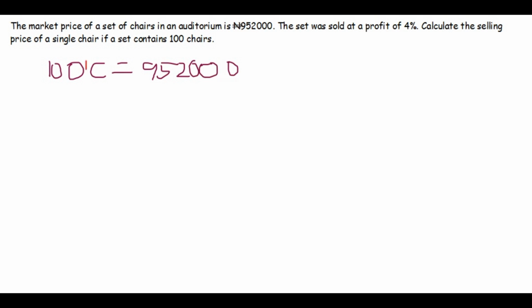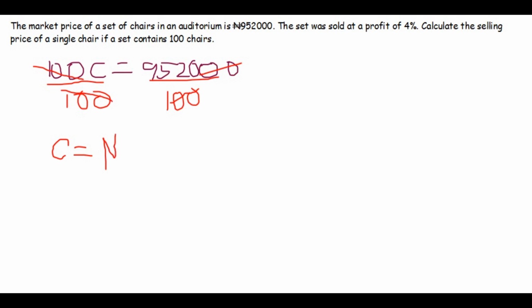And if I were to find the price of a single chair, I'll divide both sides by 100. So 100C divided by 100 is equal to 952,000 divided by 100. These two zeros will cancel out these two zeros. If 100 cancels 100, C is equal to 9,520 naira. So this is the price of a single chair, and the set was sold at a profit of 4%. Now this 4% is the percentage profit, and if you follow the formula for percentage profit,